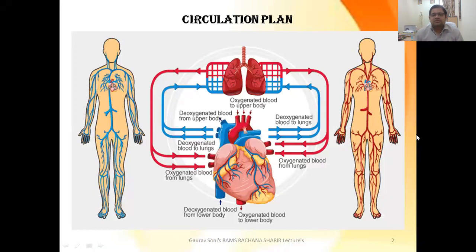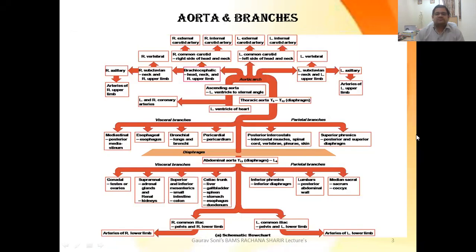So here this is a circulation plan. We all know that our body has two types of circulation. One is the systemic circulation for the whole body, and one is the pulmonary circulation, from the heart to the lung. One specific type of circulation is just for the heart itself, known as coronary circulation, which you can study in our previous lectures. So we are not going to discuss much. Here you just see the charts, and one by one we are going to talk about it.